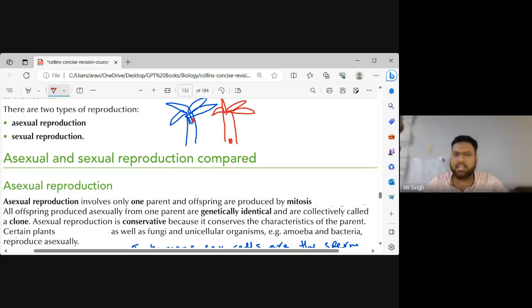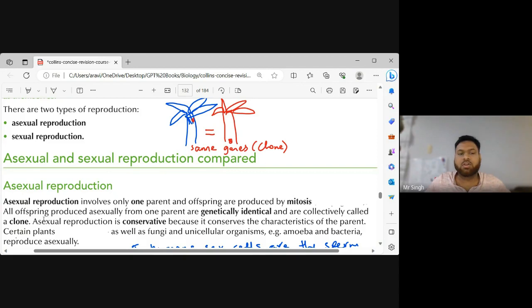Is anyone confused? Raise your hand, please. So here's what: if only one organism is needed to make the next organism, then these two are equal. They will have the same genes. They will have the same genetic material. And that is why we call it what? A clone. Does that make sense, everyone? Anybody confused?